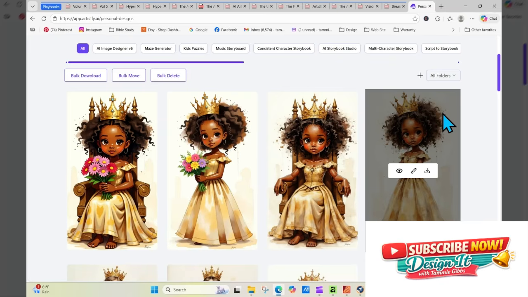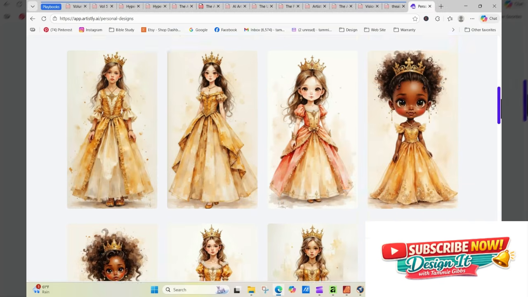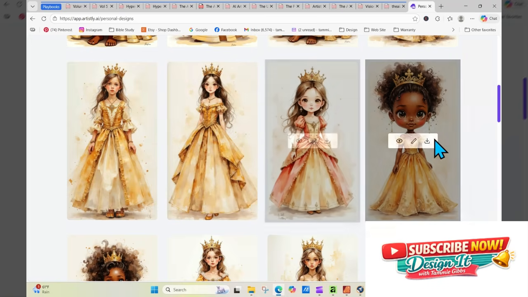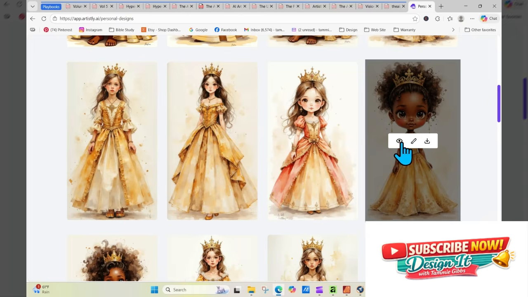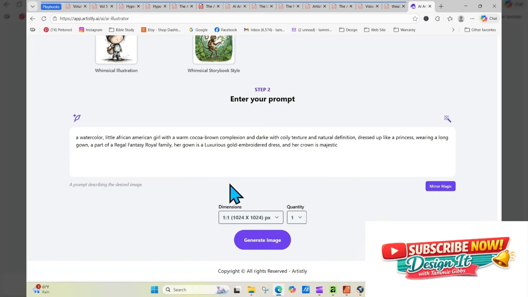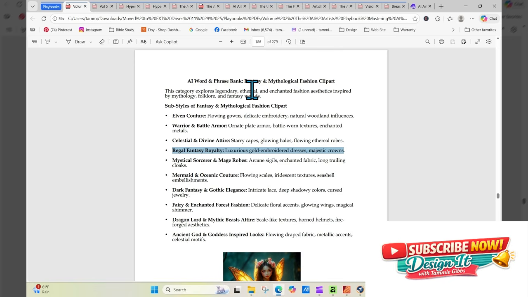This video is to show you how you can actually use the playbooks already to get some really cool images, how you can dress them. Now, let's take and we're going to do something really crazy. We're going to go back into this one and we're going to turn this one into something totally different, but we're going to keep the basics of this little girl. Okay, so what we're going to do is go back over here into volume 2, which is the one that has all the fashion stuff. We're going to go back into